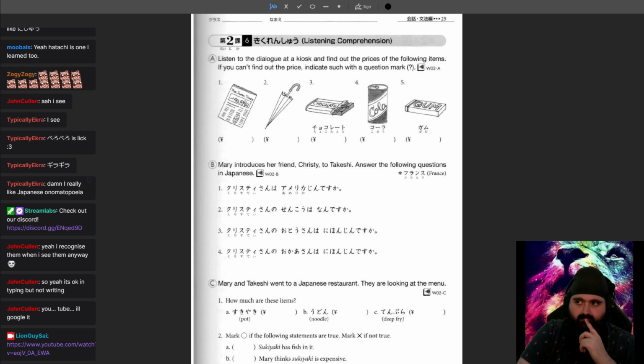A. すみません。ガムください。100円です。どうも。 新聞ください。 80円です。 この傘はいくらですか 1000円です。 じゃあ、これください。 どうも。 すみません。コーラください。 はい、120円です。